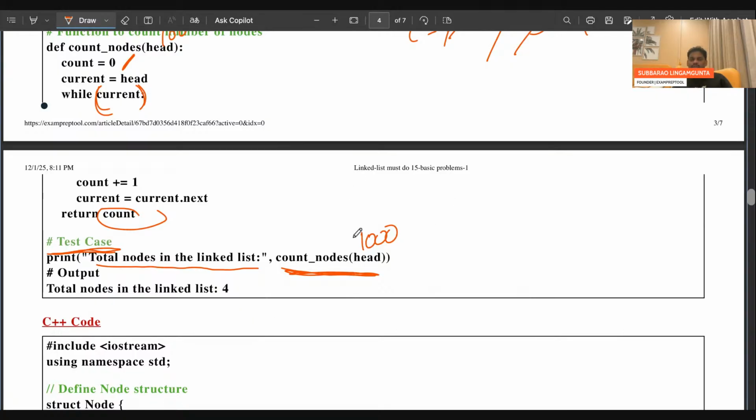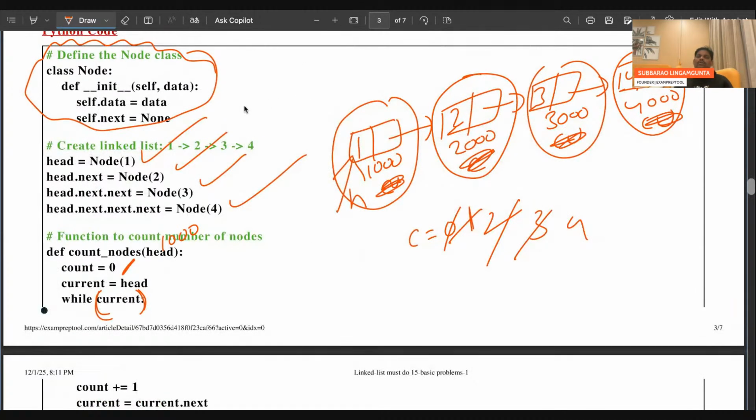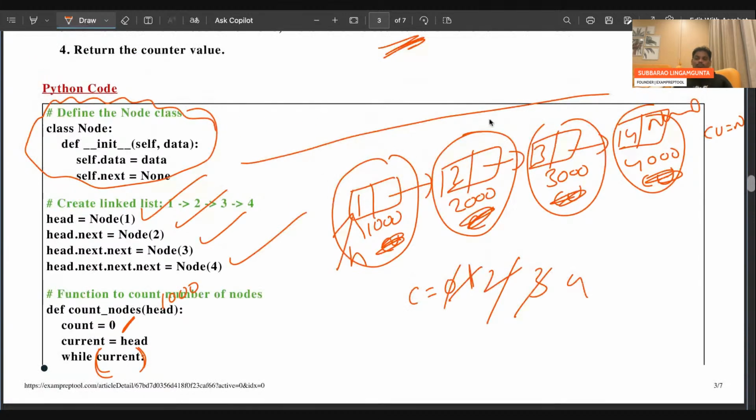I hope this is clear to everyone. You are doing one scan. Remember everyone, these are basic problems. Try to understand. One scan you have done. And one more thing, if you observe,